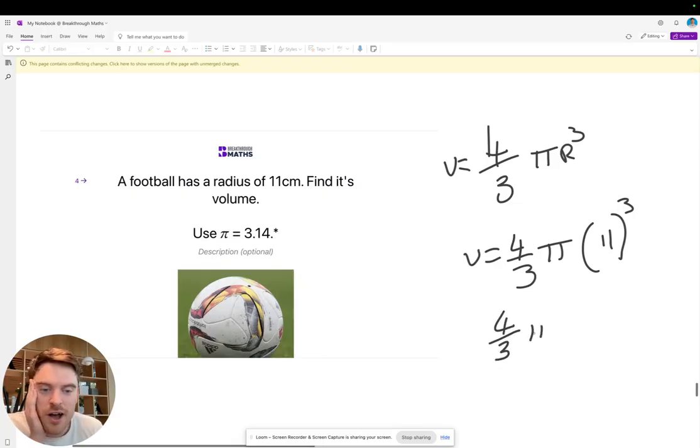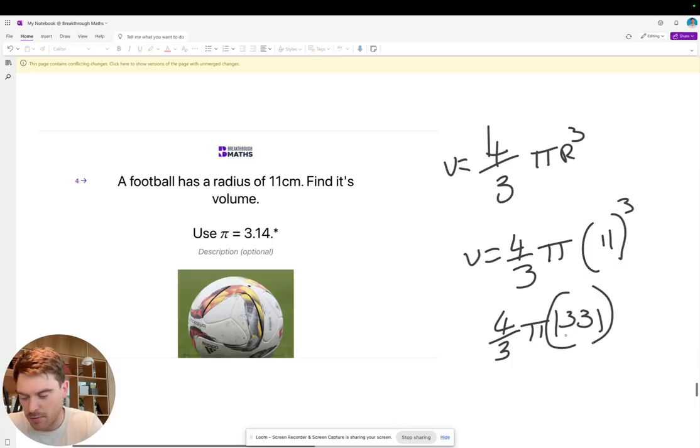4 over 3 pi. No, put 11 cubed into your calculator. At this stage, you're probably going to have to go for it. And you can even just do the numbers piece, like 11 cubed. So it's just 11 by 11 by 11. And then multiply that by 4 over 3. So that's 1331, just so we're on the same page. And then you multiply that by 4 over 3. 4 divided by 3, on scientific, multiplied by